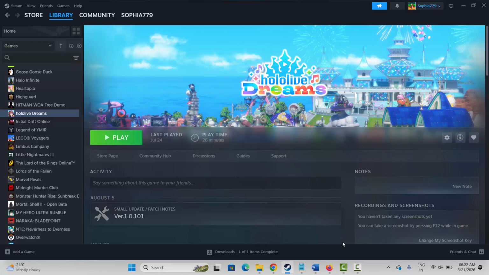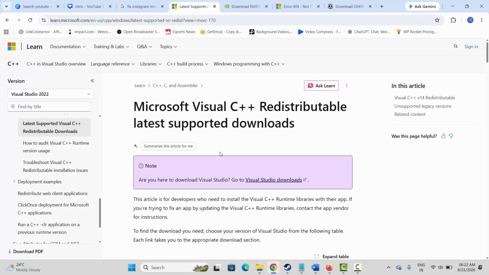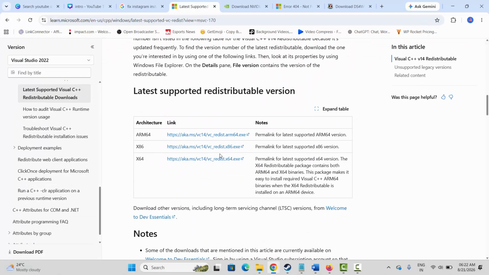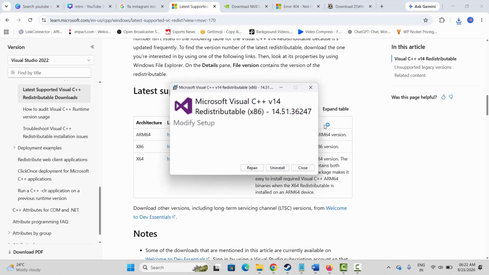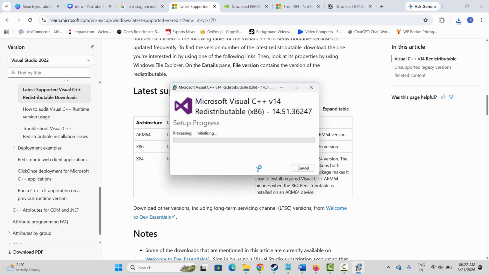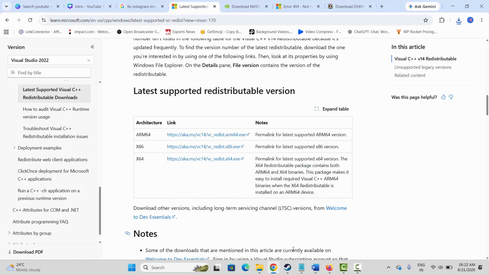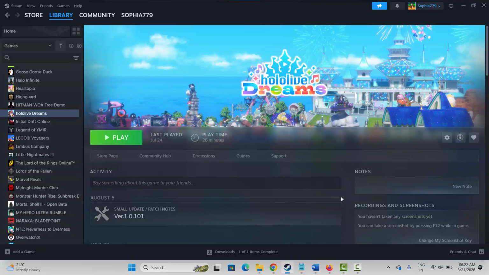For that, I have already given the link in the description. Just copy and paste it in your browser. After the website opens, go below. From here you have to click on the link to download. Once you download Visual C++ files, you have to open it. You will get a repair or install option. Click on it, click on yes, wait for some time, and after it gets a setup successful message, close this. After that, you have to restart your PC, and once your PC restarts, launch the game and check if it's